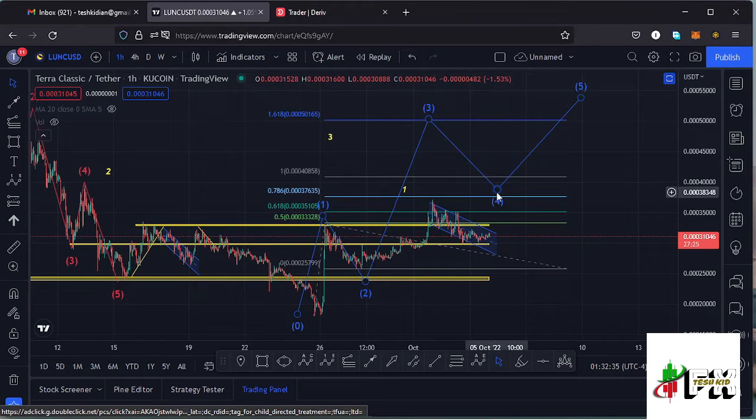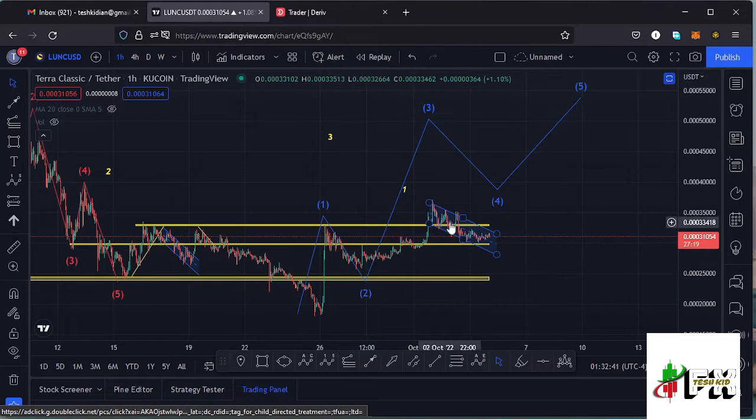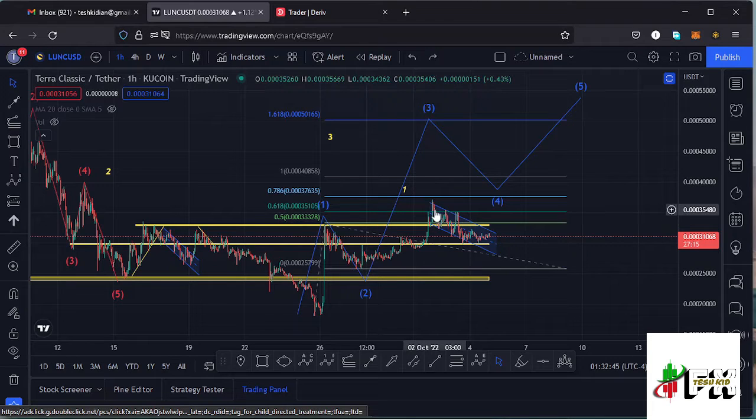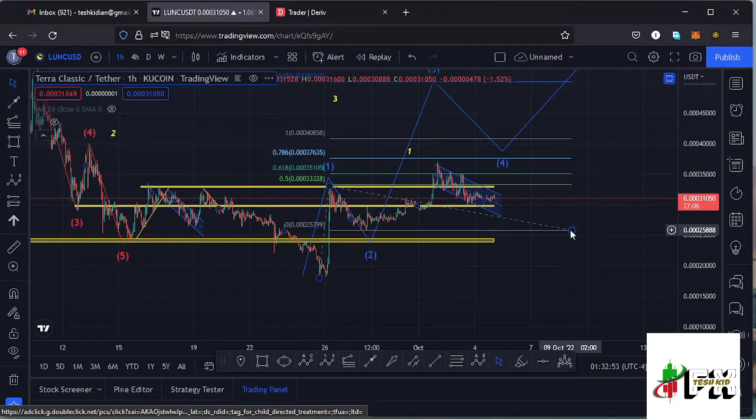And going back to the formation of this movement right here in the formation of a third wave, we are seeing a bit of a breakdown to the lower side, and this is as a result of the reaction to the 0.786 fib level. After touching that key area on the Fibonacci, we are seeing a bit of a breakdown to the lower side,